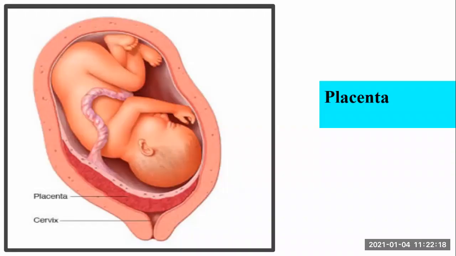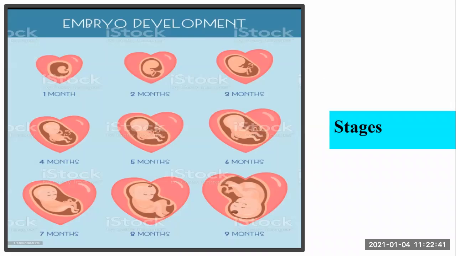Here you can see this umbilical cord which is attached to the placenta. That reddish part over there, and this pinkish tube-like structure, that is the umbilical cord, which provides all the required nutrients and nourishment to the baby and takes all waste material from the baby's body back to the placenta. These are some of the stages of embryonic development.